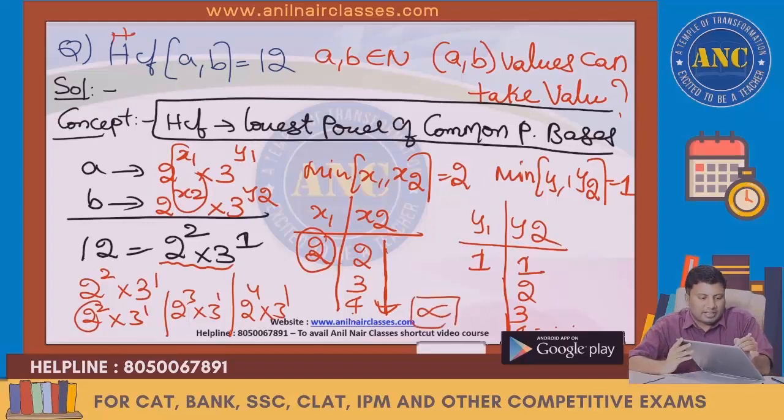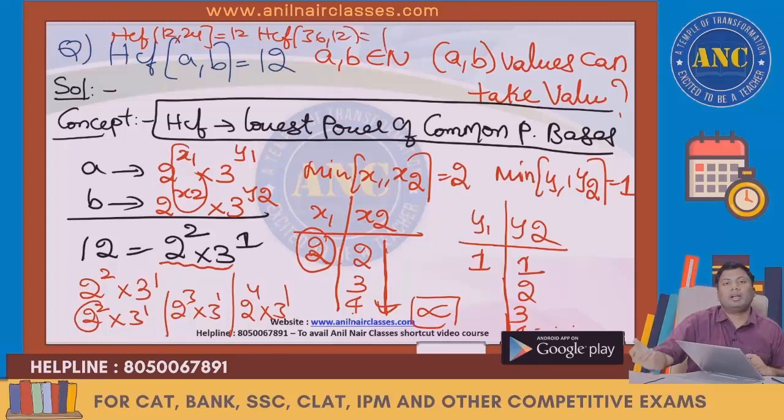What are those infinite cases? HCF of 12 comma 24 is 12. HCF of 36 comma 12 is 12. HCF of any multiple which is co-prime with 12, like HCF of 12 comma 60 is 1, HCF of 1 comma 12 is 1. HCF of 12 multiples we cannot define. So the answer for this question is countably infinite. What do you mean by countably infinite? You can count it, but you have better things to do in life. I hope the idea is clear.